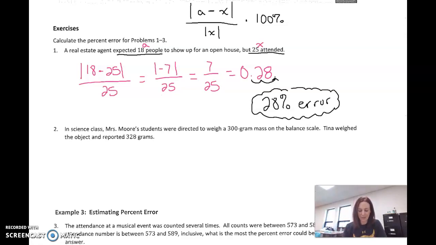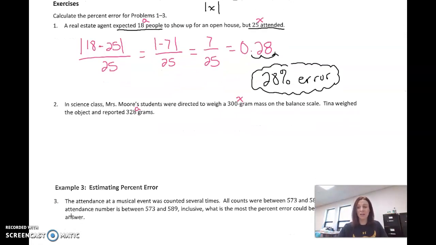That means exactly what it is. That's human error, right? It is a 300-gram mass. This is what it is exactly. Tina messed up when she weighed it, and this 328 here, that's her approximate. Okay, and I know they can be a little quick, and I get this one, like I want to say she did it correctly. Nope, if it's 300 grams, that's what it's supposed to be. So,